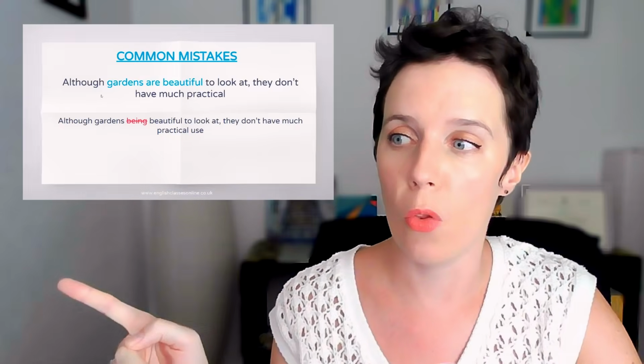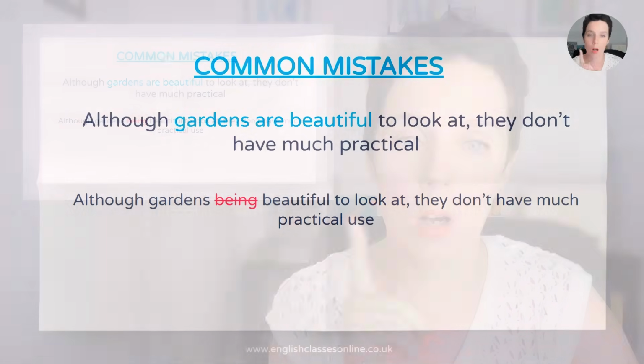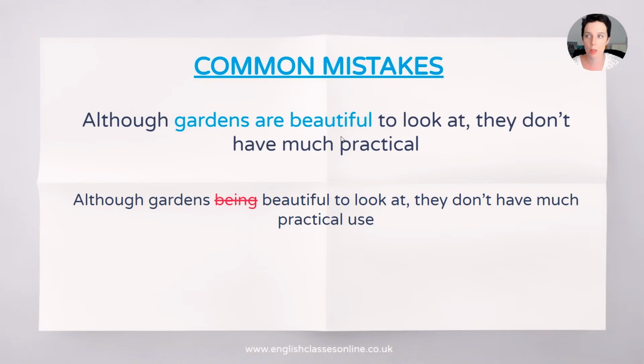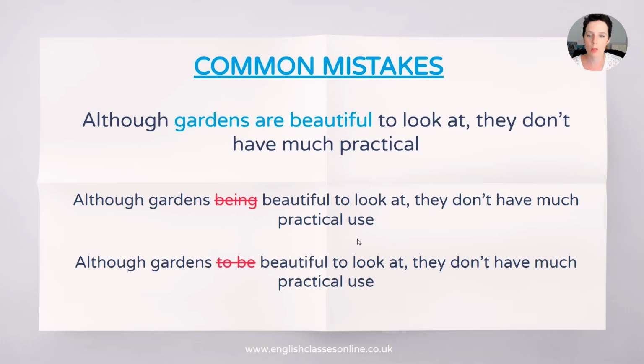So you get, although gardens are beautiful. Subject, verb, and then object or complement. Although gardens are beautiful to look at, they don't have much practical use. So that's although. Always use subject, verb, object, and remember again, you can't use an infinitive or ing, but